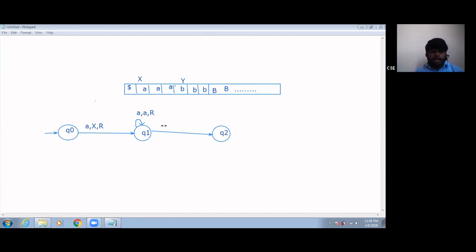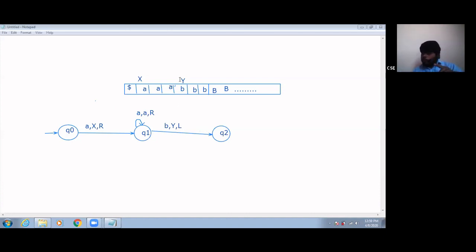What is my transition here? So at Q1, whenever a B is encountered, B comma Y, I am replacing B with Y, and which direction am I moving? After making B as Y, I need to move left-hand side, because for 1A I have seen 1B. So for the next A, I need to go to the left-hand side. The direction is left-hand side.